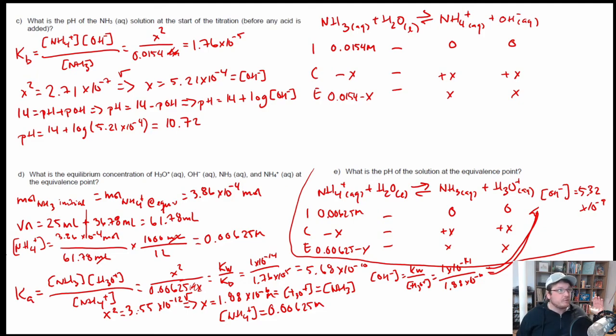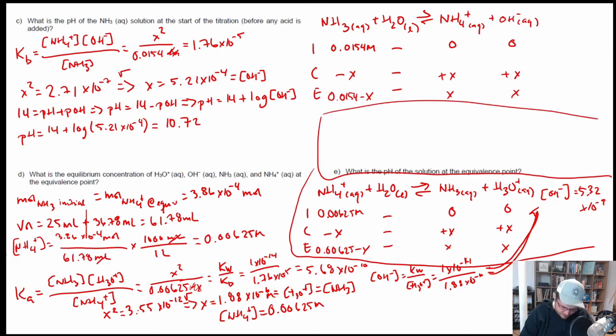And so now the last question is, what is the pH of the solution at the equivalence point? Let me just block that off right here. I'll just do that math right up here. We know what the concentration of H3O plus is. So the pH is equal to the negative log of H3O plus. In this case, that is the negative log of 1.88 times 10 to the negative 6. So plugging that in gives us the negative log of 1.88 times 10 to the negative 6,